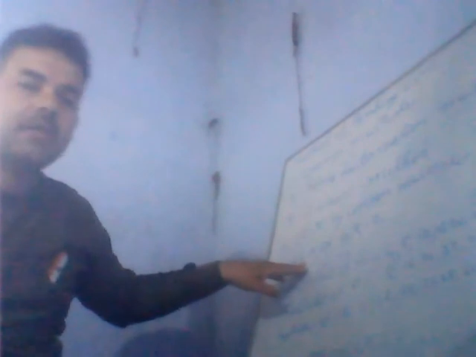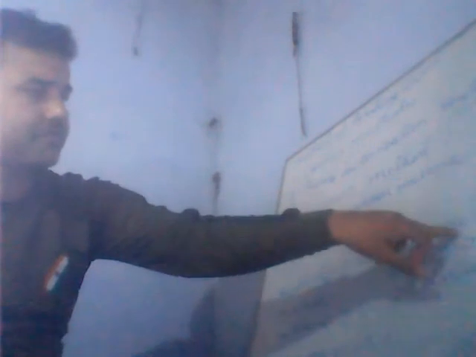Suppose we have three numbers 4, 8 and 12. We need to find the LCM by the common multiples method. See, we need to find the multiples of 4. To find the multiples we need to read tables: 4, 8, 12, 16, 20, 24, 28, 32, 40, 48 and so on. Now multiples of 8: 16, 24, 32, 40, 48, 56, 64 and so on. And multiples of 12: 24, 36, 48, 60, 72, 84 and so on.